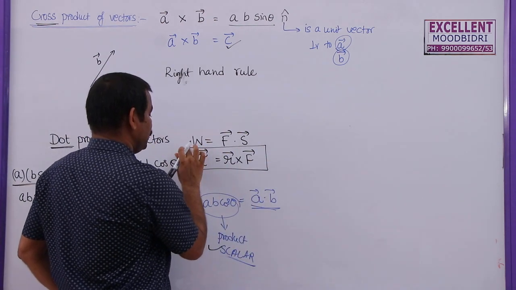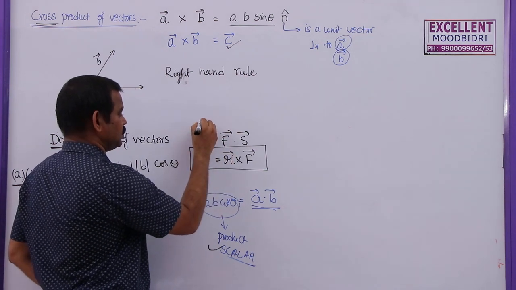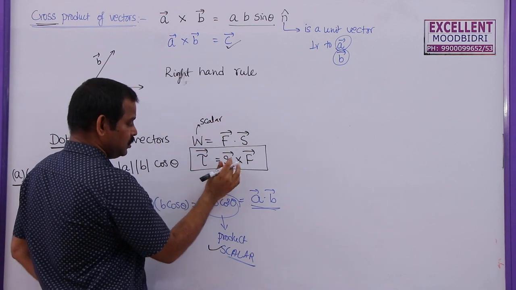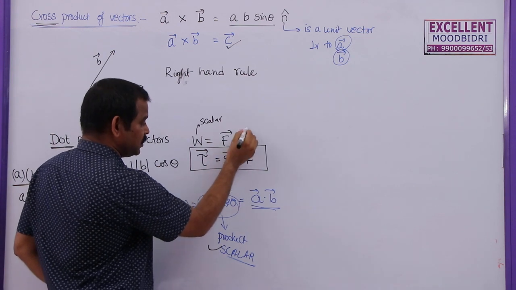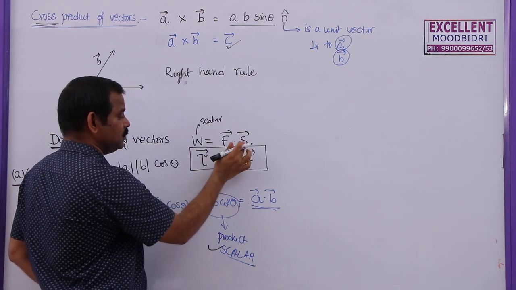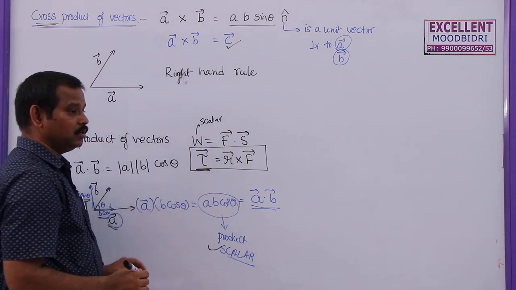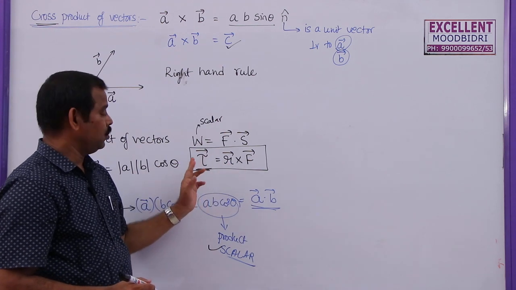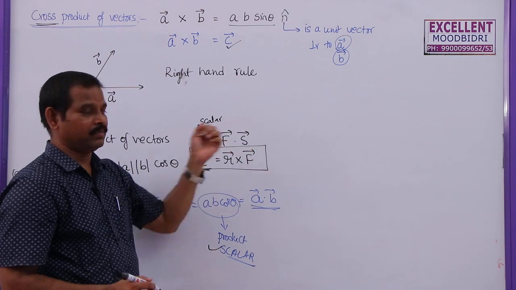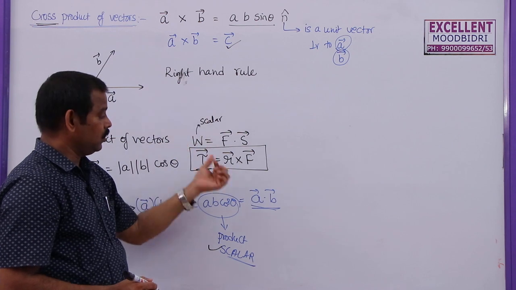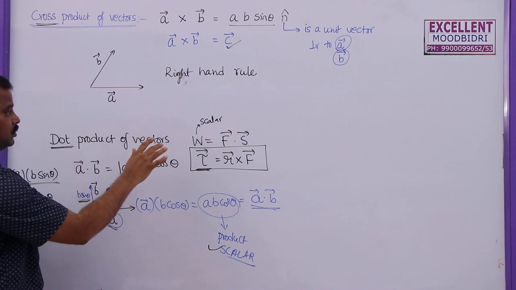You can see here I am multiplying force with the displacement vector, I am getting work, which is a scalar quantity. Whereas in this case, I am multiplying force with the position vector, that means this is distance or displacement vector, but I am going to get a torque here. So based on the angles between these two, we may get a scalar or vector. If these two are mostly acting in the same direction, then the work will be more. But if these two are perpendicular to each other, then torque will be more. So we will learn more about this in this topic.